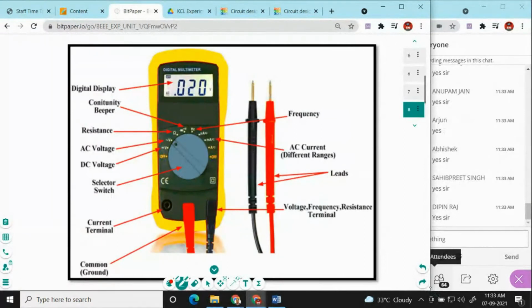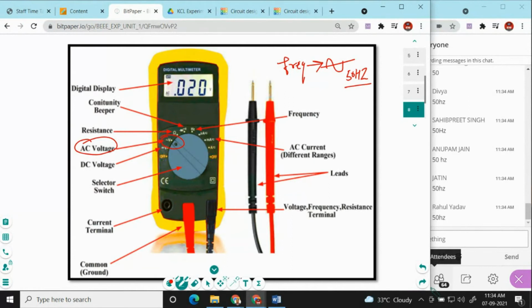Okay, next thing, AC voltage. What do you mean by AC voltage? AC voltage is that voltage which is coming at your home. Its frequency is 50 hertz, and this supply is used in our households. So this AC voltage you can measure while placing your multimeter knob toward this